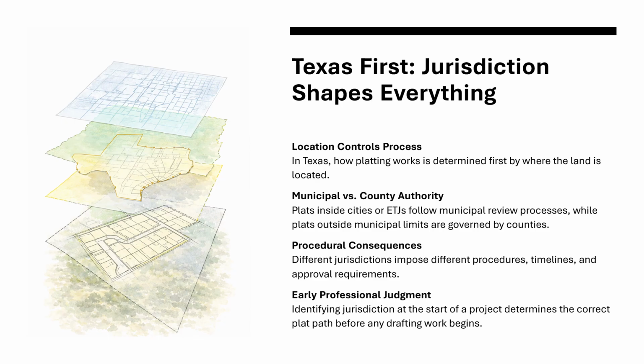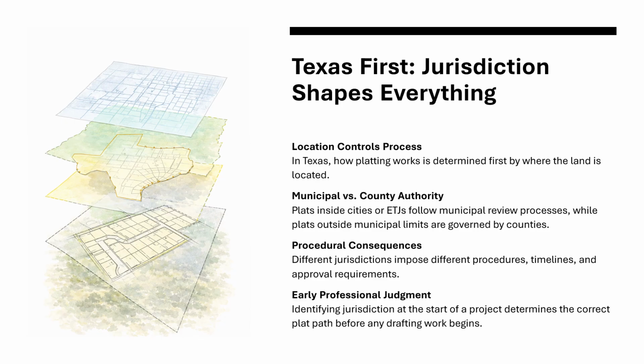For drafters, the key skill here is not memorizing statutes or approval trees. It is developing the habit of asking the right question early in a project. Before worrying about line work, labels, or sheet layout, you need to know whether you're dealing with a city plat or a county plat. That single determination can shape everything that follows, from how the plat is reviewed to how